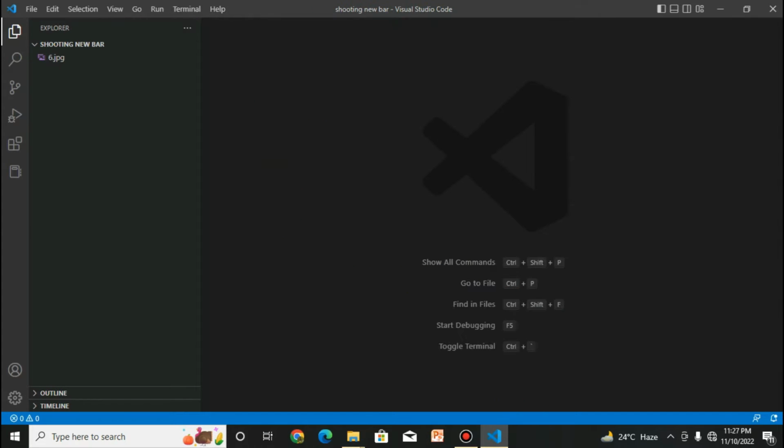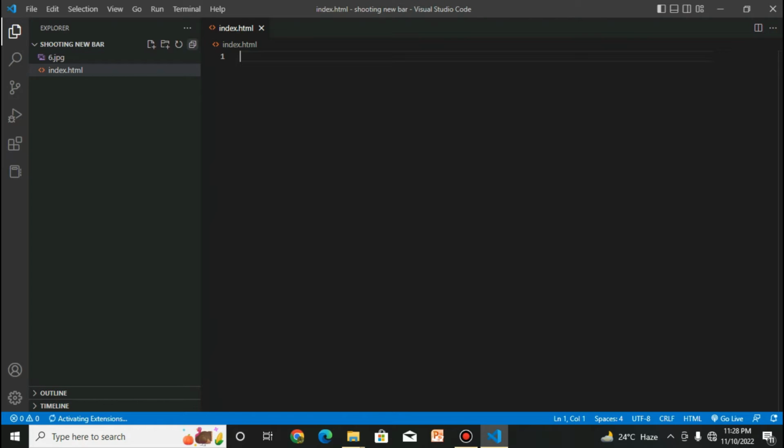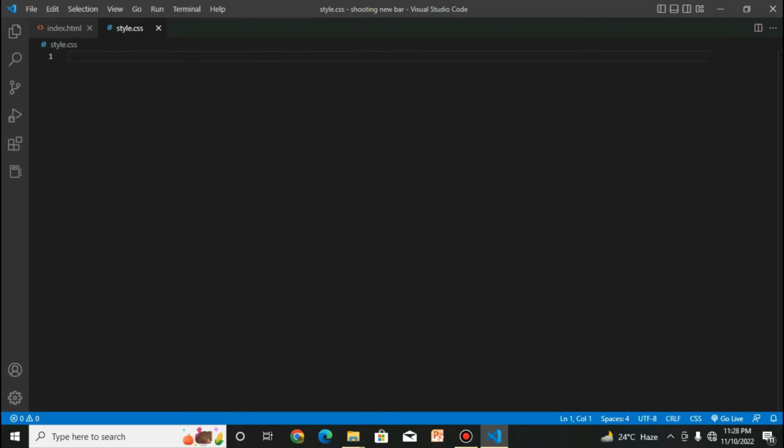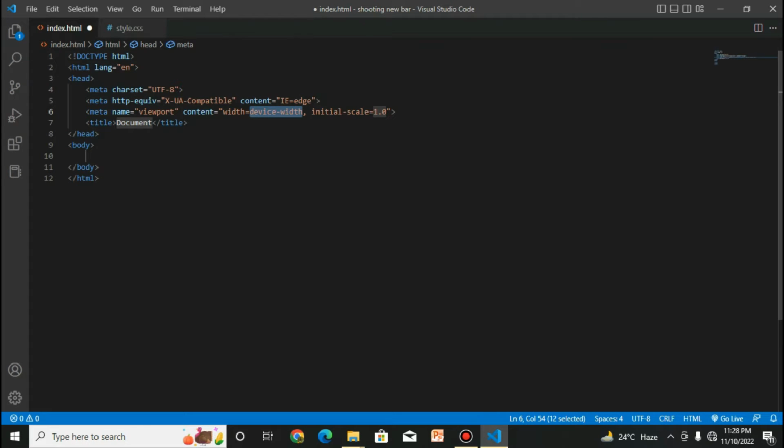and in this make a new file here, which name is index.html, and another file for our styling purpose, style.css. So individually make these two files, index.html and style.css. So in this index.html write this, and here you link your style sheet which name is style.css, and come down